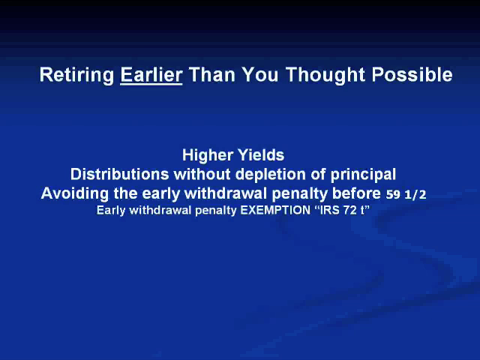There's other ideas behind creating a retirement earlier than you thought possible. This is just a teaser. Please talk to your tax advisor about this concept. But there's a rule, IRS 72T, and you can Google that, and you'll go right to the IRS page talking about that. Don't do it now. Keep your eyes on the presentation. Let's stay present. But when you're done, rule IRS 72T basically allows someone to take early distributions from their IRA on a substantially equal and periodic basis without paying the early withdrawal penalty.